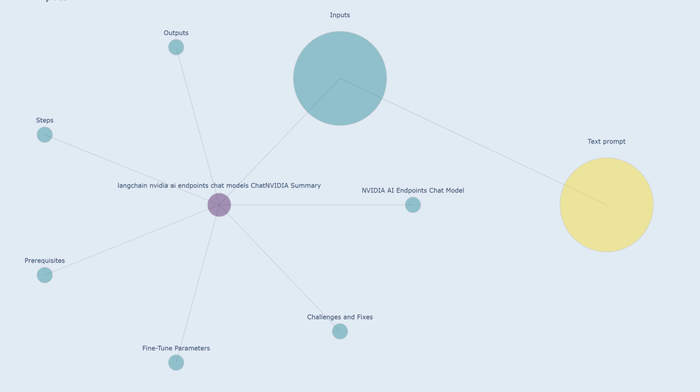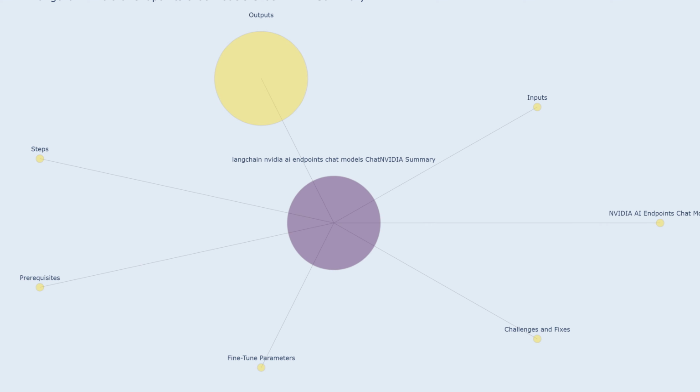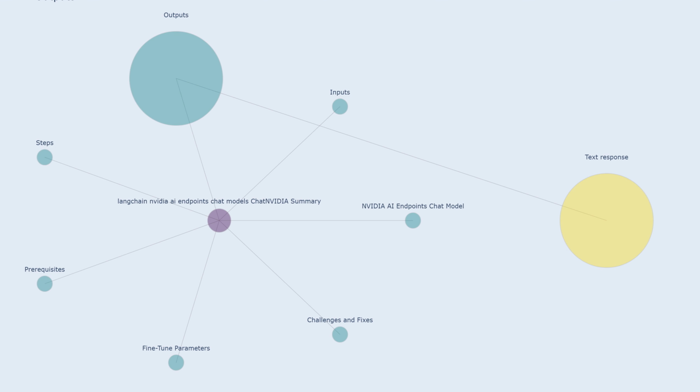For example, you can provide a question, a statement, or a description of a task that you want the model to perform. Outputs. The output of this model is a text response generated by the NVIDIA AI model. The text response is a natural language text that is relevant to the input text prompt. For example, if you provide a question as input, the model will generate an answer to the question. If you provide a description of a task, the model will generate a text that describes how to perform the